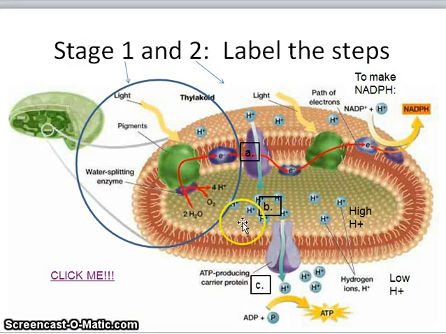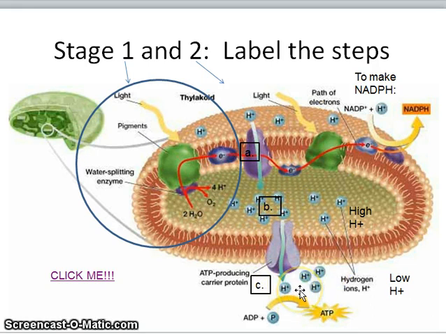So when the hydrogen ions are building up, as we said in letter B, a high concentration of hydrogen, because they're being pumped in from the electrons moving through, lots of hydrogen, they passively move from high to low through these proteins. Now, this protein is an ATP producing carrier protein, and when it carries hydrogen ions through from high to low, which is passive transport,